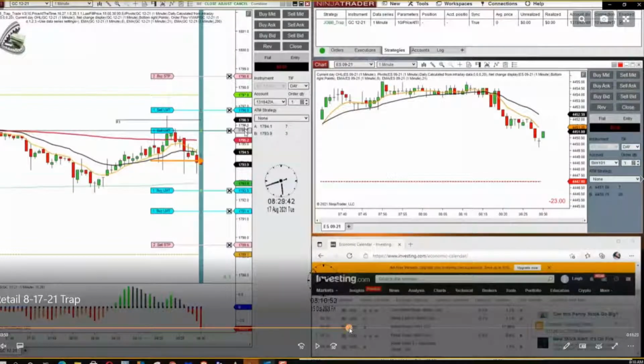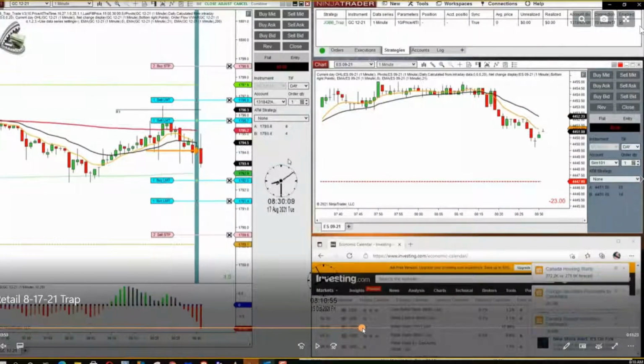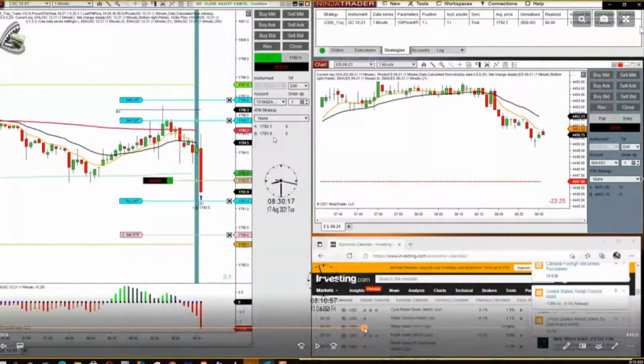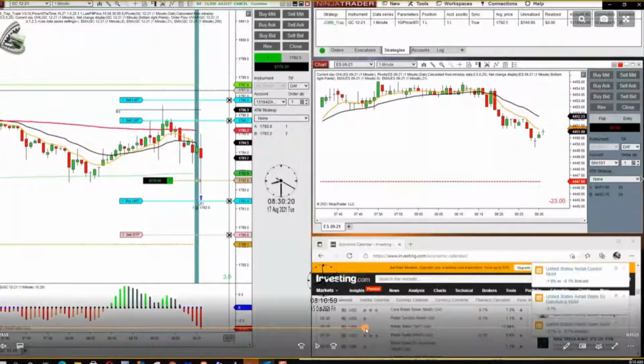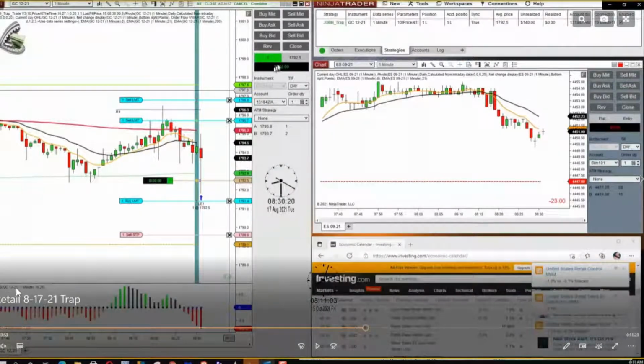And then the idea is price is going to move. It fills you. And now you're in a profit. You could actually close this trade out if you wanted to, because it filled you short. It popped up long, and you can close the trade out. You could either move your orders or you could hit the close button.